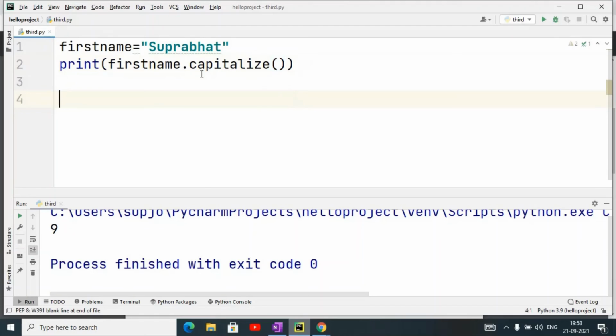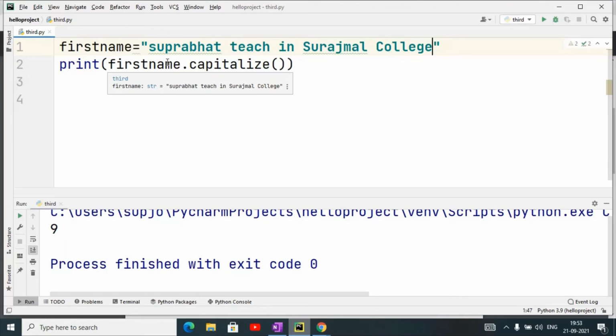What will this method do? Suppose I have written here S in small case. Suppose I have given Suprabhat teach in Surajmal College like this.